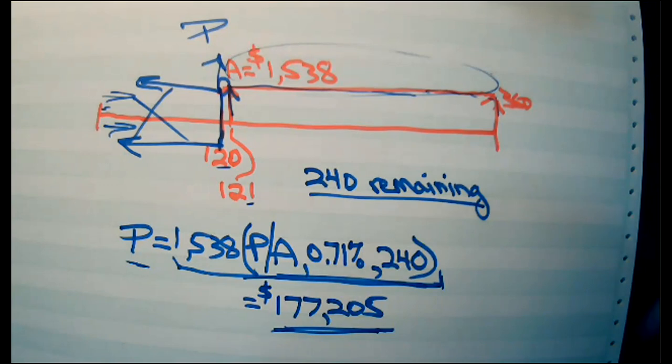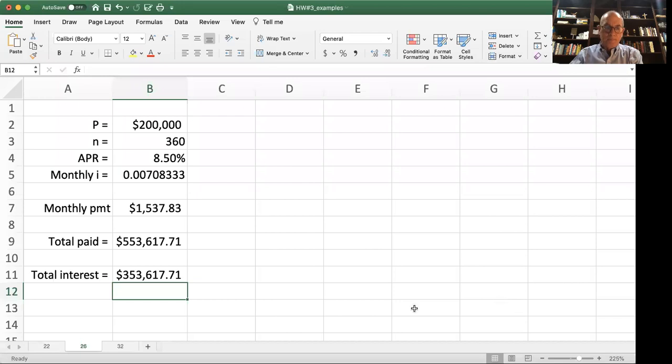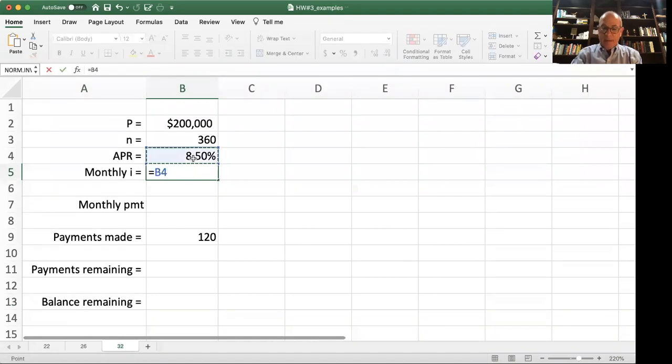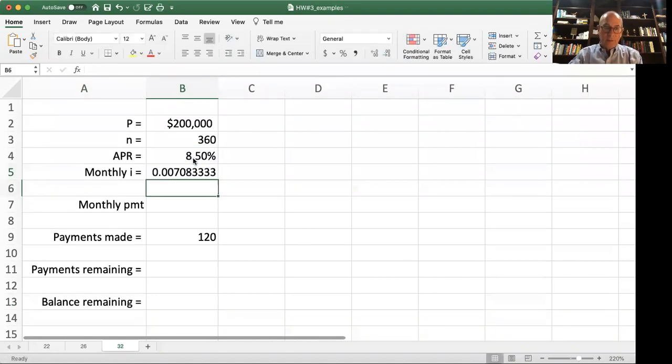Let's now come back and look at this in a spreadsheet just to demonstrate how straightforward this is. And here we are. I have some of the same information as before, just because I wanted to carry it forward. There's my monthly interest. Let's make that a percent. I like to see it that way. My monthly payment,